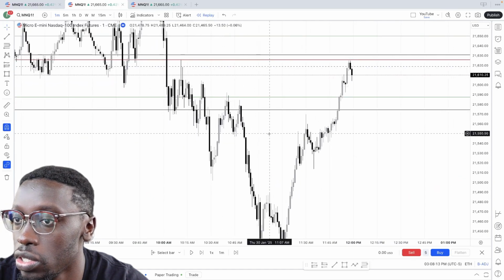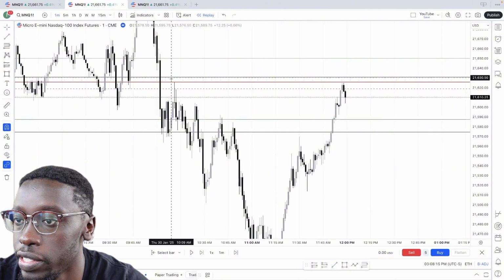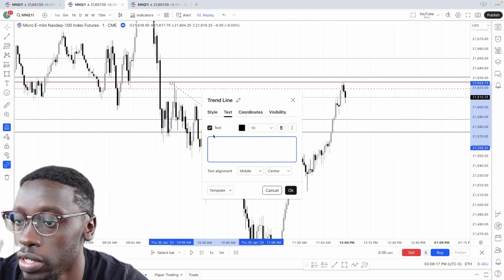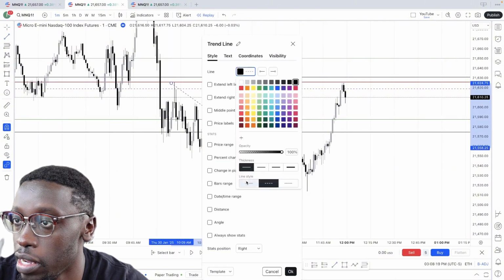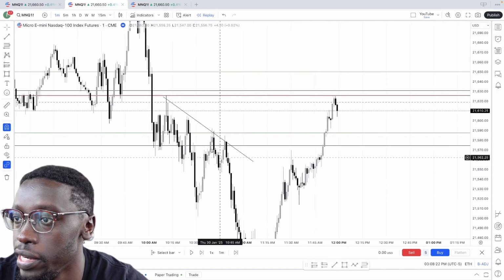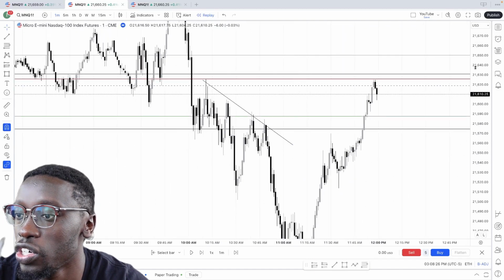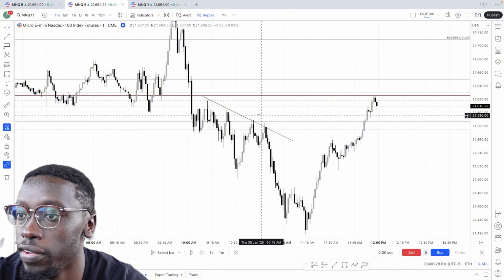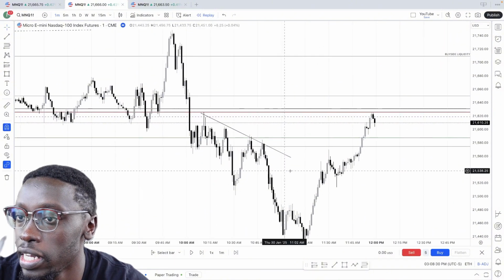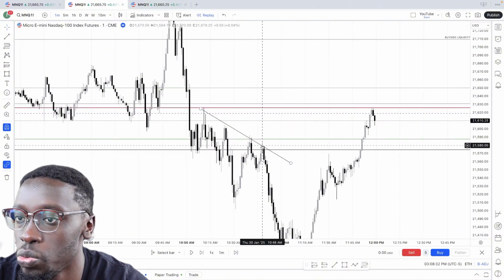All this low resistance liquidity from here to here, that was all taken out at once, right? So in this rally back up, it was all to grab this liquidity here, right? So anyone who had got short, all retail who had got short on this drop, they were putting their stops above here. And in the morning session, I was waiting for us to potentially come sweep one of these